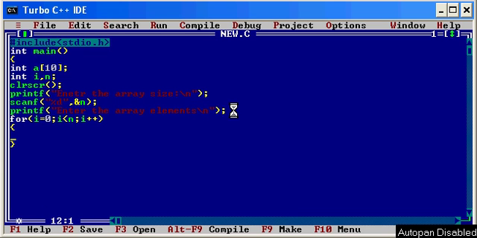For i equals 0, i less than n, scanf %d comma address of, ampersand a of i, because a is the placeholder. It is going to tell you where the data is going to be stored. Printf, the array are